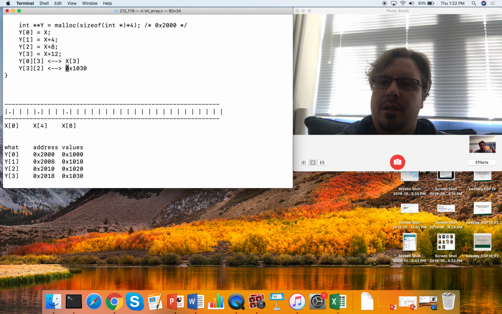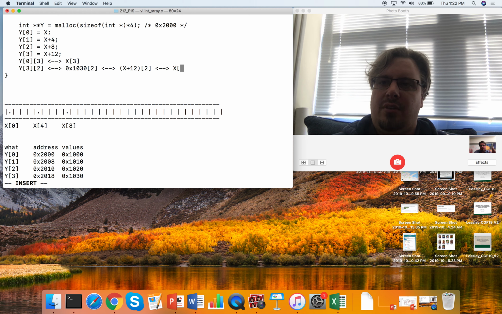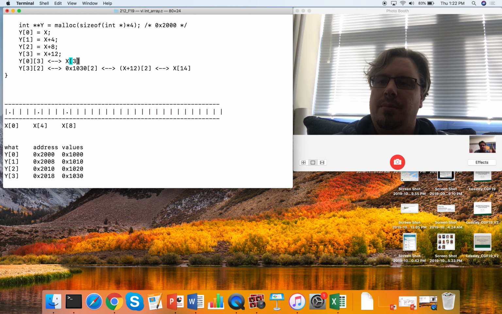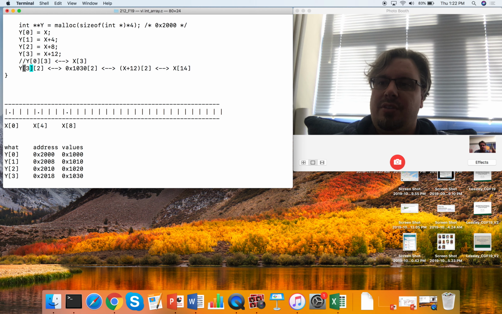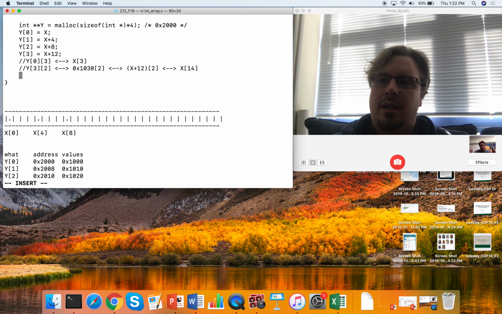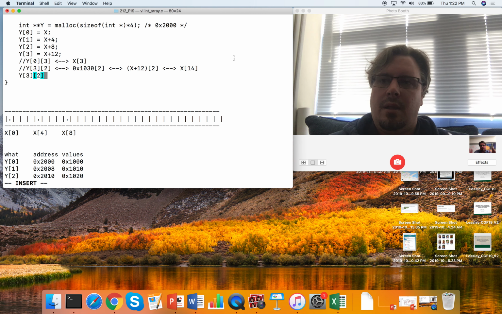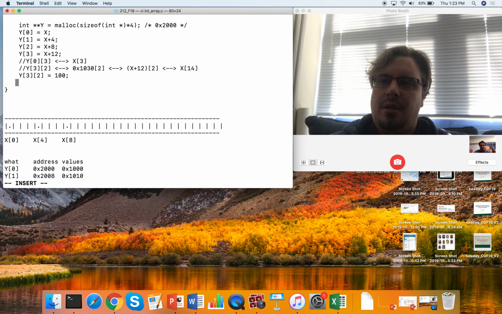That's y3, which is the same as x plus 12, which is the same as x14. So if we were to go now and, for example, say y3 of 2 equals 100,